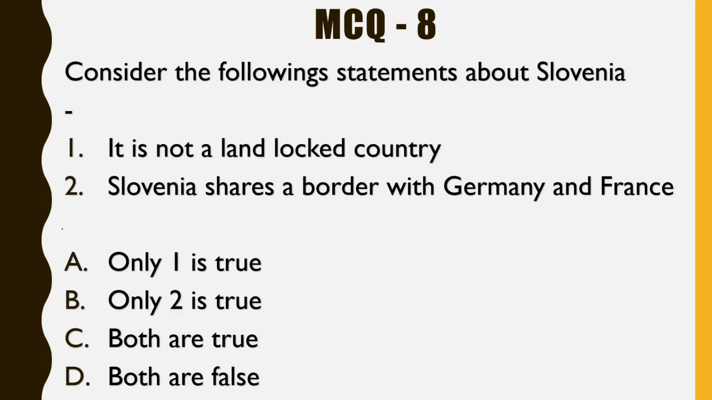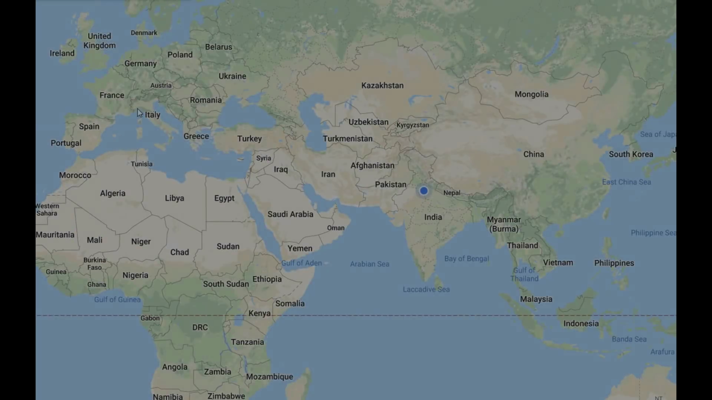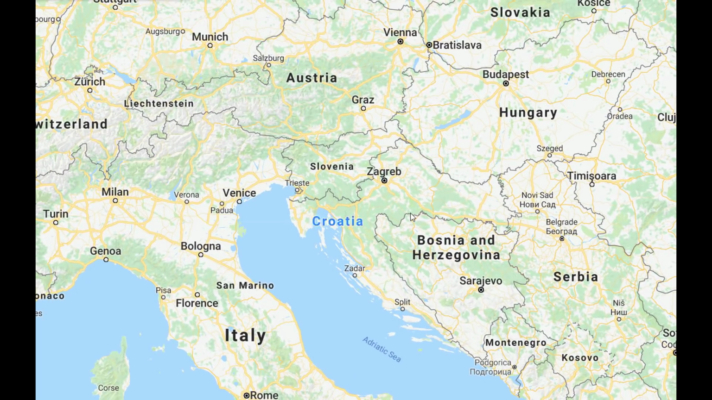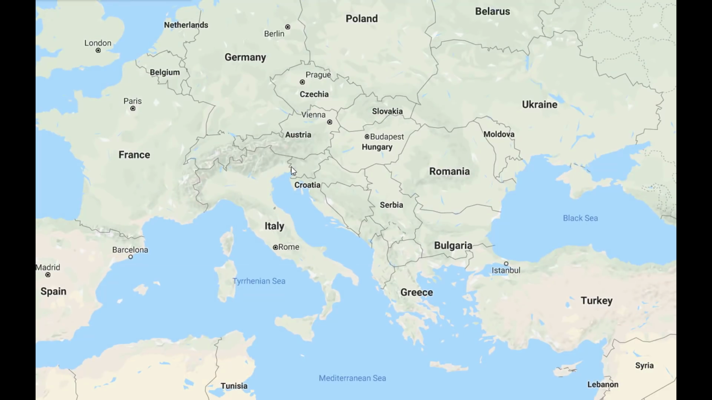Moving on. This is the 8th MCQ. Over here you have to answer whether these statements about Slovenia are correct or whether they are false. The first statement is that Slovenia is not a landlocked country. The second statement is Slovenia shares a border with Germany and France. Alright, so let's have a look at the map. So as you can see, this is the country of Slovenia near Croatia and Italy, and it has absolutely no territorial border